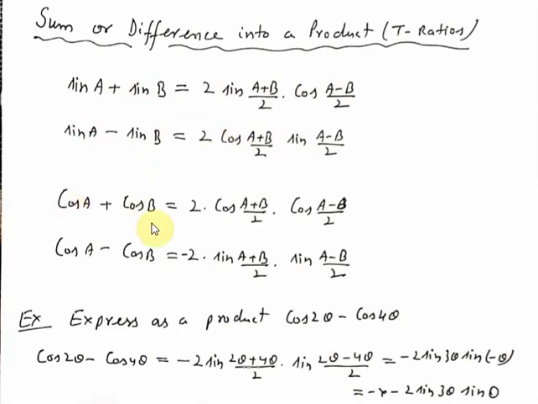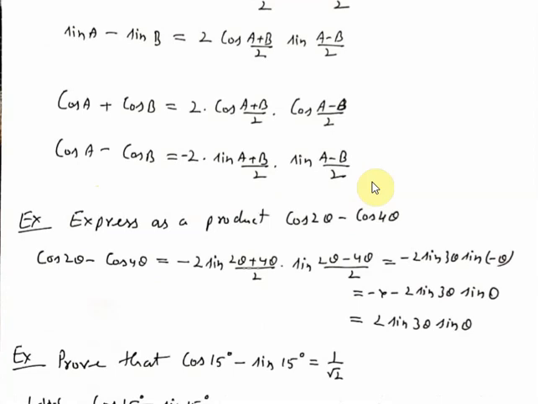But in case of cos A plus cos B and cos A minus cos B, the same trigonometric ratio comes. If plus is there, then cos, cos comes. If minus is there, then sin, sin comes. And one difference is also there: in case of cos A minus cos B, the minus sign comes first. So in this way, we will keep all these in mind, and now we solve questions based on these identities.